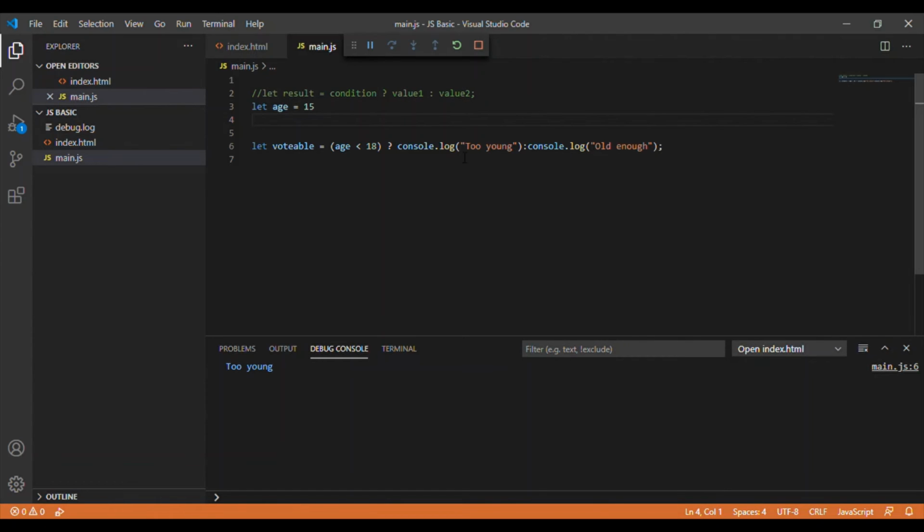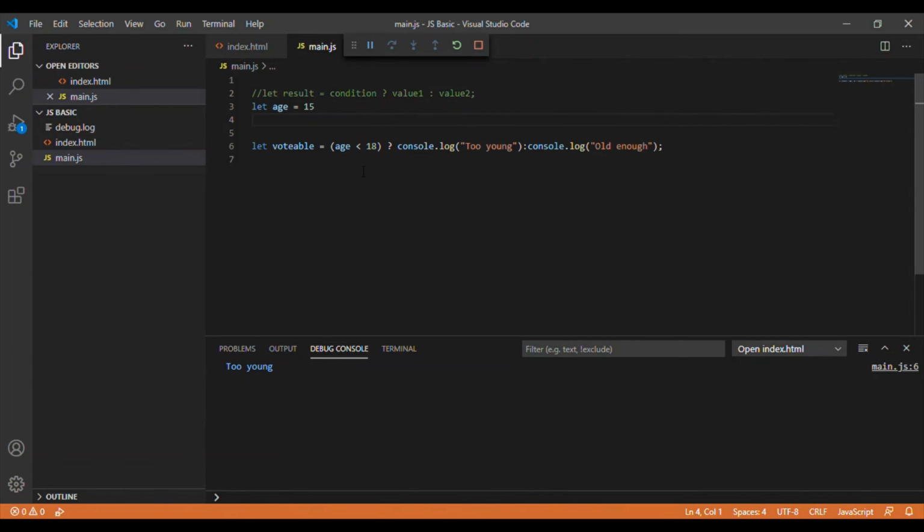It is called the if-else conditional statement also. But this is one kind of ternary operator which is used for conditional checking of particular values. We can also replace it with an if-else statement. We can see that in upcoming videos.